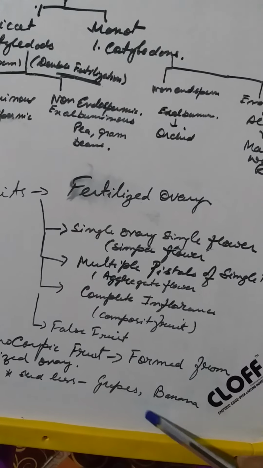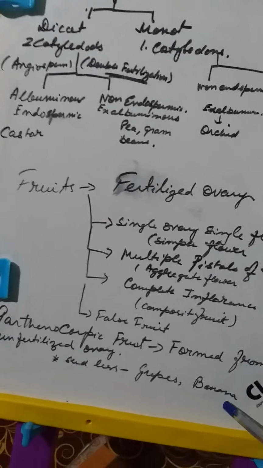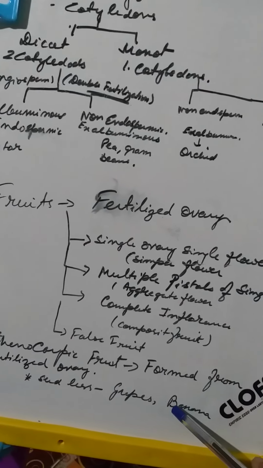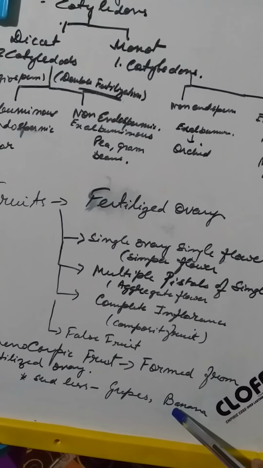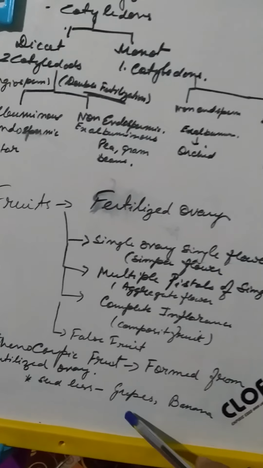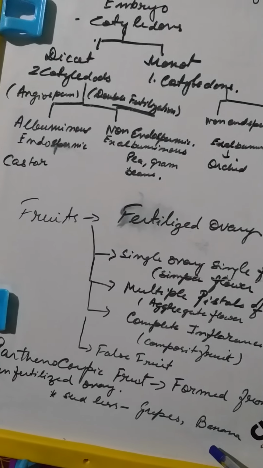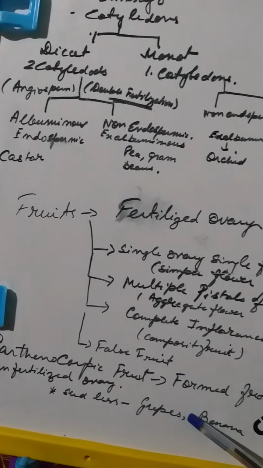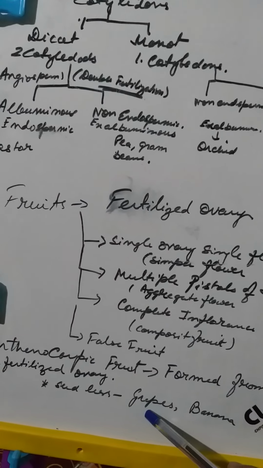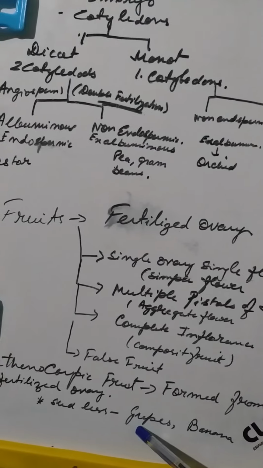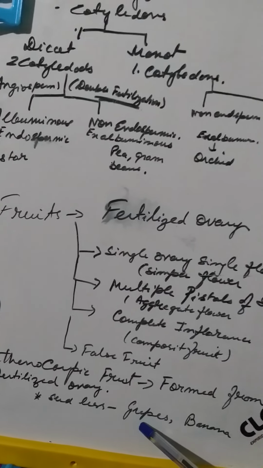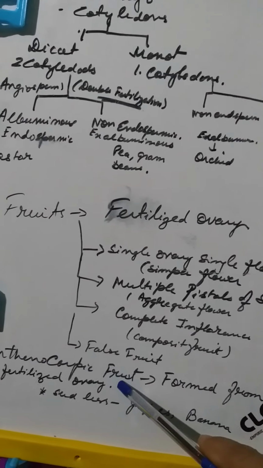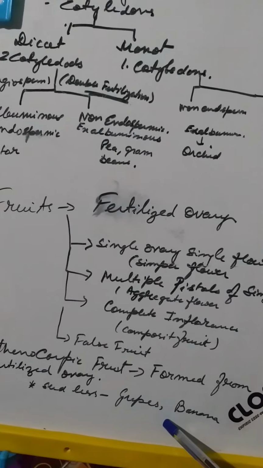So banana is a natural parthenocarpy, and this is not a part of reproduction. They perform the function of vegetative propagation. They reproduce through the rhizome. So it is not through seed formation. Okay. And grapes are an artificial parthenocarpy. The original grapes earlier were a seeded variety, but the seed was a nuisance in grapes. The modern grapes that we eat are a parthenocarpic fruit and it has been artificially developed.